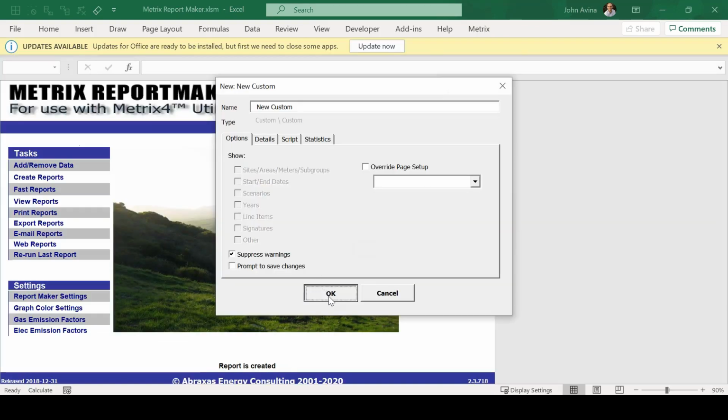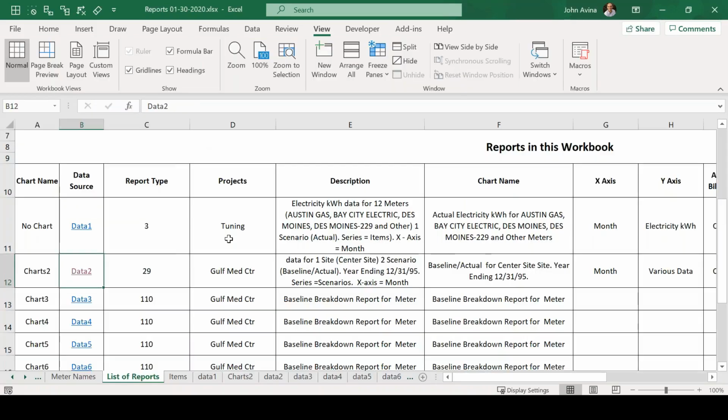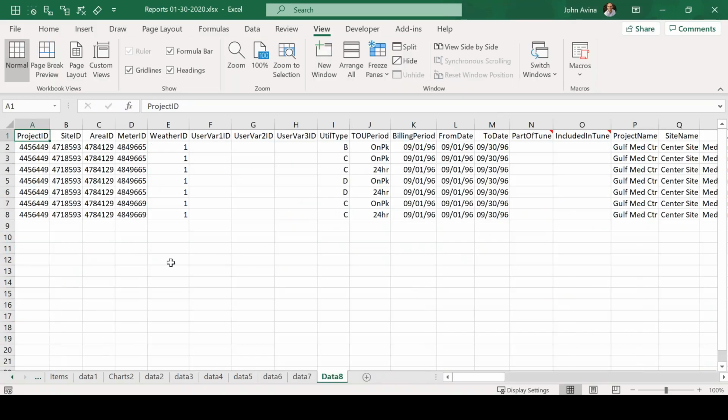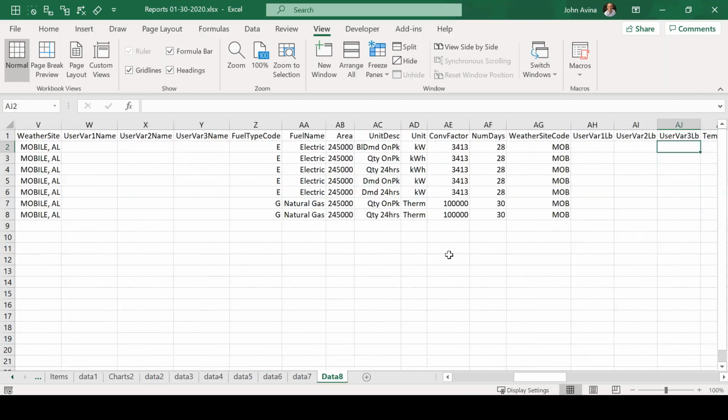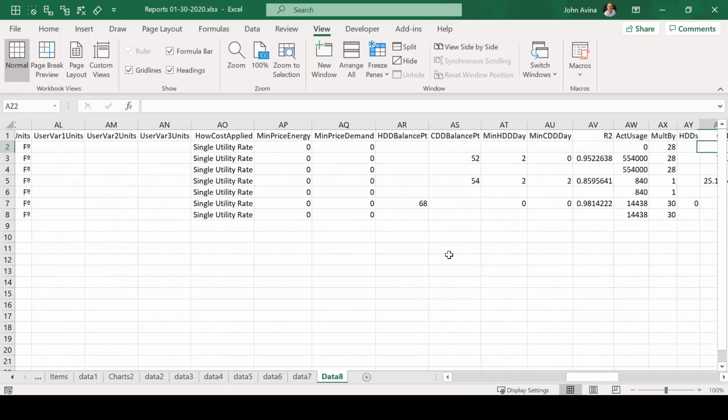I'll memorize that too. Okay, so it's right here. This is the data. Hopefully you can understand all of these. So utility type, well, maybe you don't. So B, C, D, that's probably demand. That's consumption. I don't remember what, oh, that's bill demand. Okay, so I think you'll make sense of most of this, but you'll see in here somewhere, there we've got